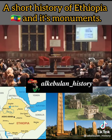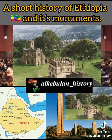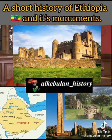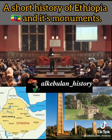Next slide, please. Now, if I showed you these castles at the beginning of this presentation, and we didn't know this was a presentation on African history, we'd probably assume these were in England or Scotland or Norway, but these are Ethiopian castles from the 17th century. Next slide, please. We get to Western Central Africa. This is the